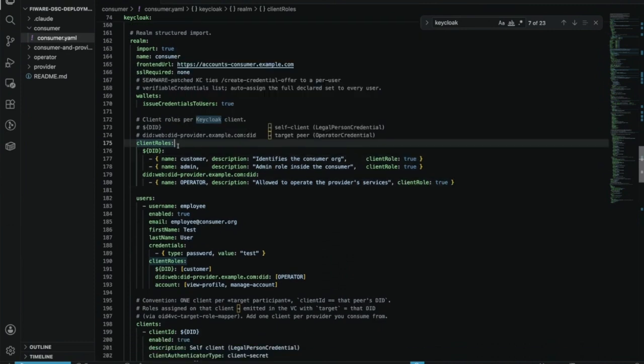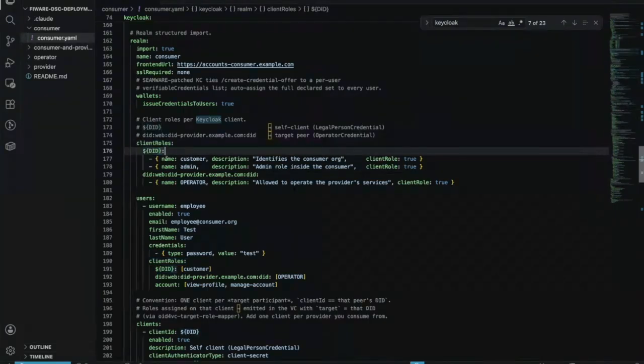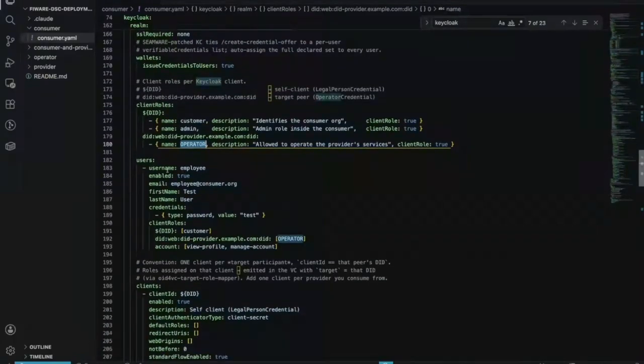Then we have the different client roles. Here we are creating one for the DID of our organization, the consumer one, and another one for this target, which is in this case, the provider. And we are creating a customer role and an admin role, and we have also an operator role for this other target. And then we have the users, in this case, just an employee user with